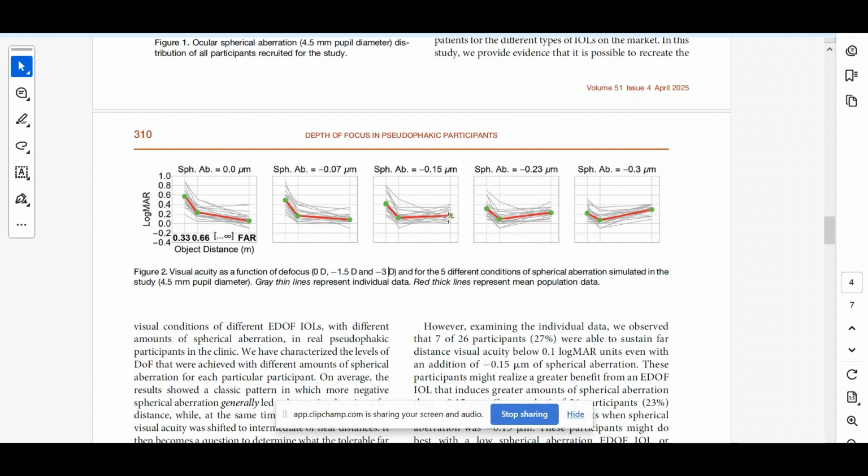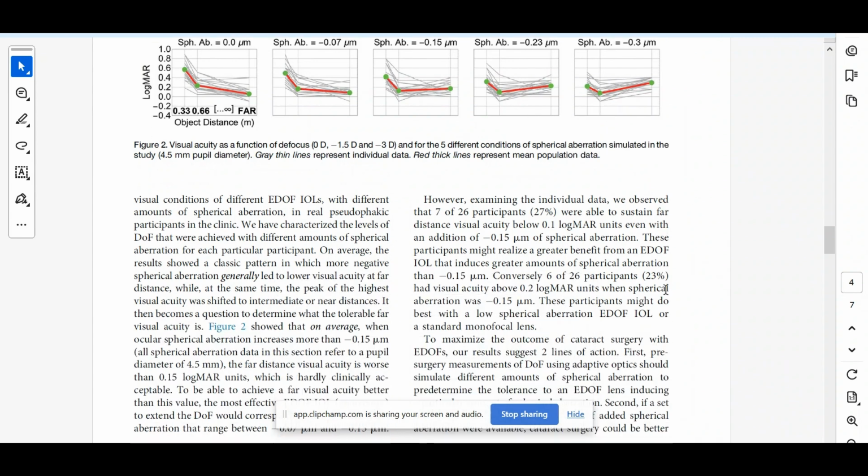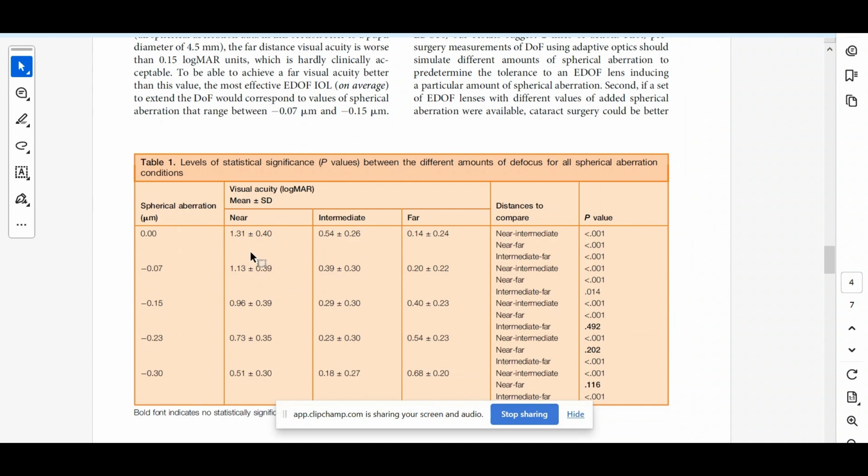the distance visual acuity drops, but the near and the intermediate improve at not a major cost to the distance visual acuity. But if you go beyond minus 0.15 microns of negative spherical aberration, more than that, then you have near and intermediate vision improvement at the cost of the distance. So that's basically what this study points out in this table. So if you look over here,